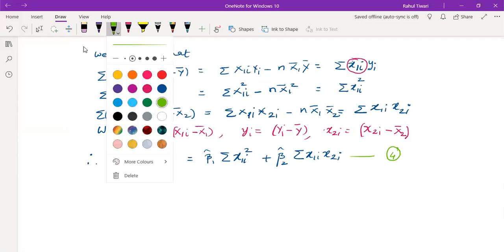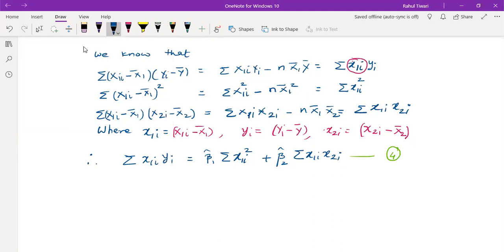Okay, similarly, I may go for spin only. So you can say similarly, substitute the value of beta naught hat